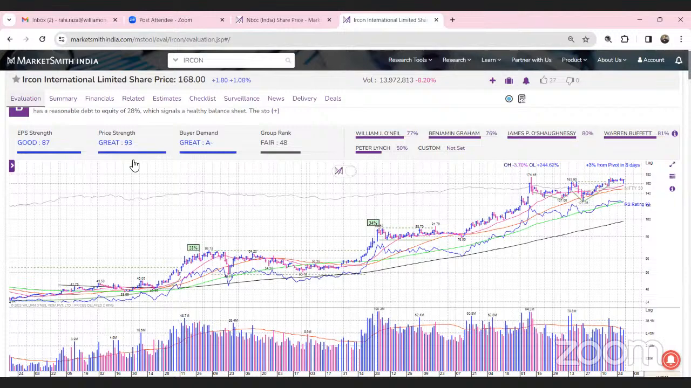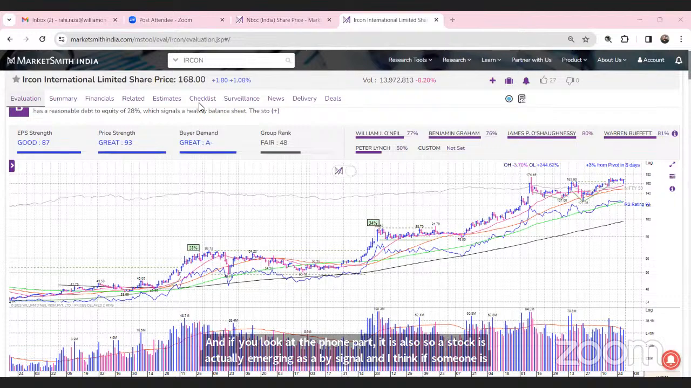If you look at the fundamental part, especially EPS, it is also good. Buyer demand is also A, which is actually great. And if we look at the volume part, it is also above average volume. So the stock is actually emerging as a buy signal, and I think if someone is looking to buy, they can buy it. Next one is